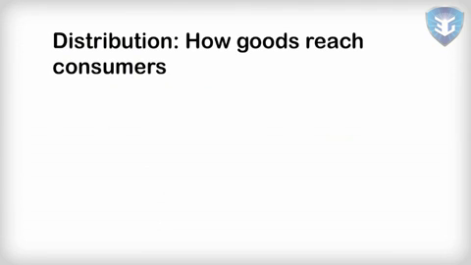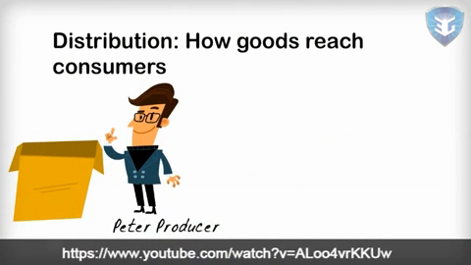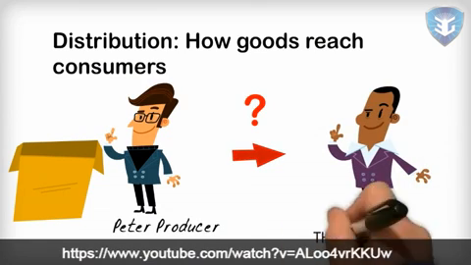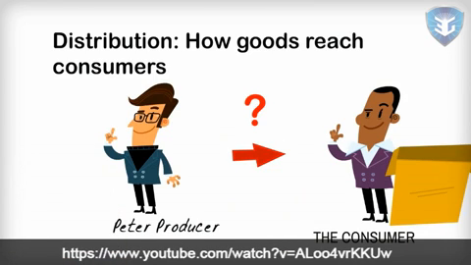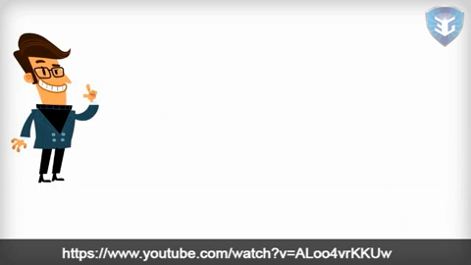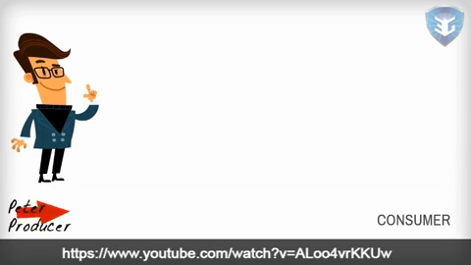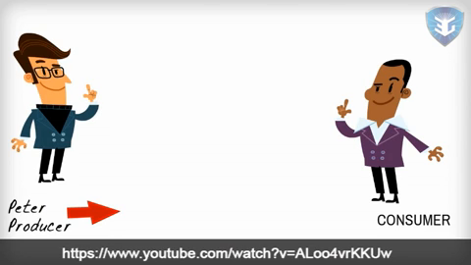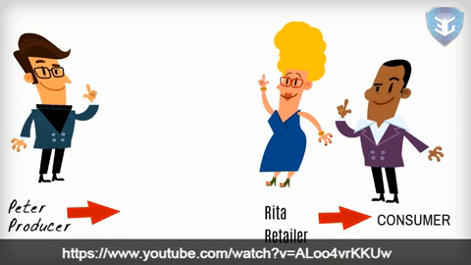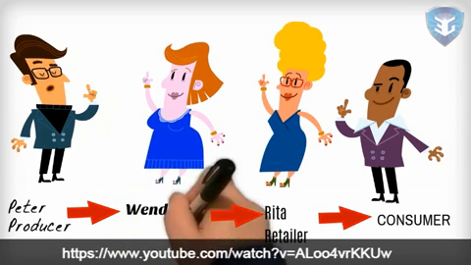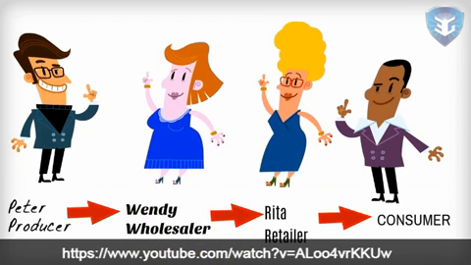Distribution channels are the means by which businesses get products to their consumers. Distribution involves links in a chain of distribution as products are sold between different businesses en route to the final consumer. There are three main types of distribution channel. 1. Direct to the consumer. 2. To the consumer via retailers. 3. To the consumer via wholesalers and retailers. Let me say a little about each of these.